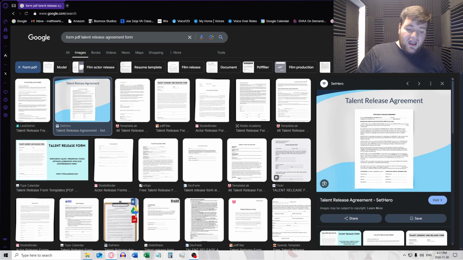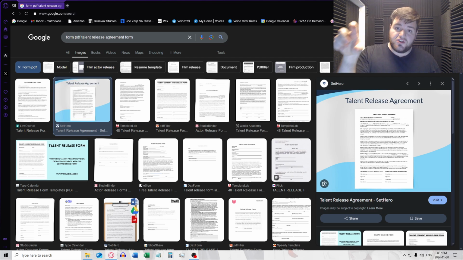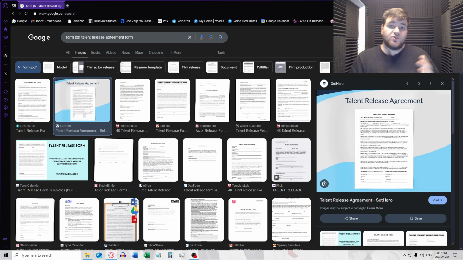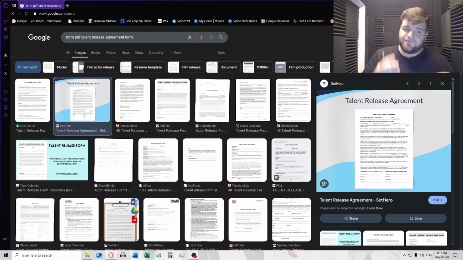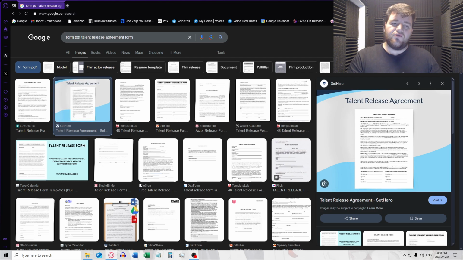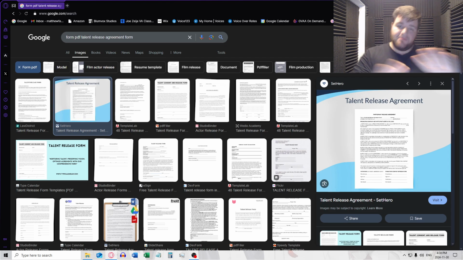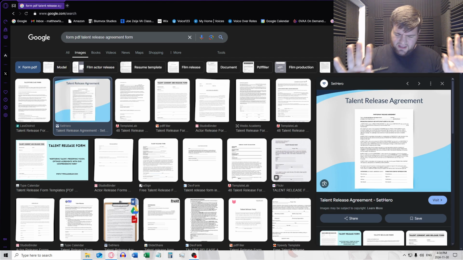One other thing, I do want to do a video on this, but this is just as complicated as contracts: union and non-union work. Obviously, when a job is posted, it will say looking for SAG-AFTRA union workers only. Do not apply for that if you're not SAG-AFTRA union. You can, and you could get hired, and there's not a rule, but there's a clause, I think, in SAG-AFTRA that if you've worked as a star in a union job as a non-union actor, then I think you automatically get placed in the union. I could be wrong. I don't want to put misinformation out, so I'm going to just shut up from here on. Just disregard that. I'm sorry.